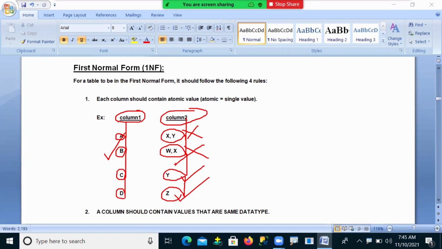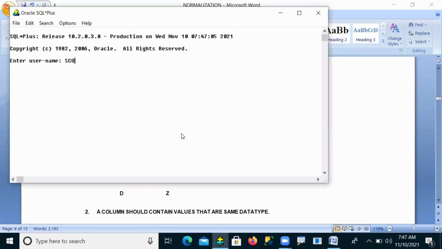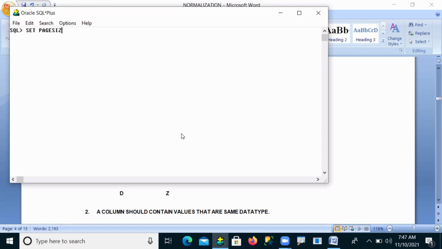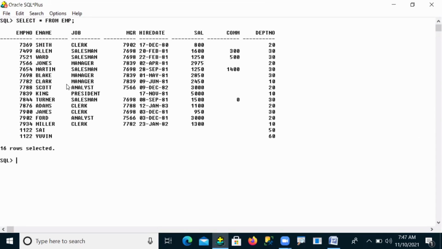That is the reason. Can you see, in our database, any table you can observe? For example, come to your database, any table you can observe. Can you see in our table? For example, I just called here select star from EMP table. Now you can see. So each and every column, can you identify now? Employee number column, employee name column.